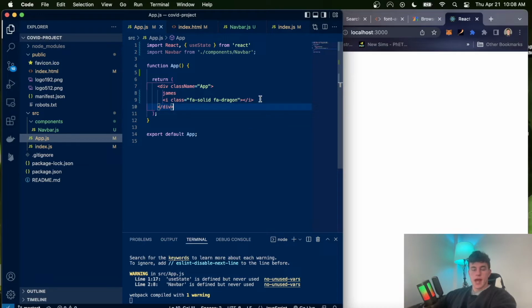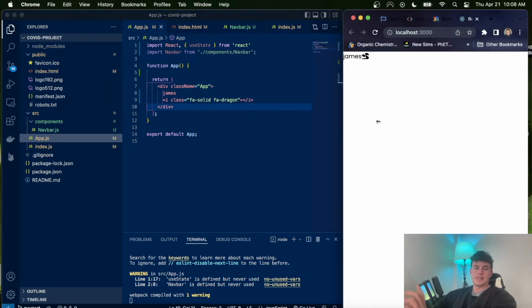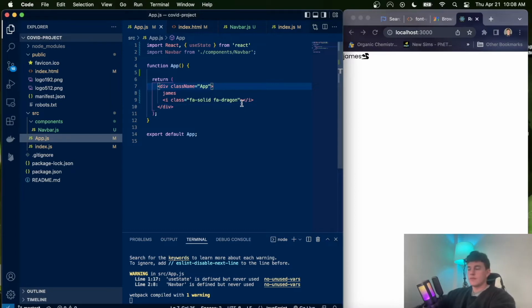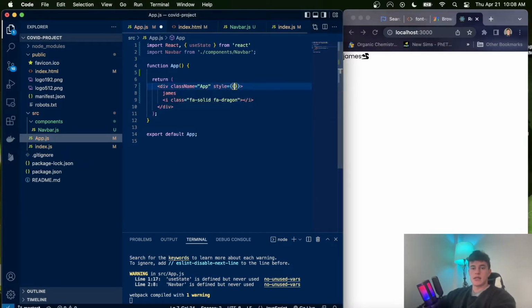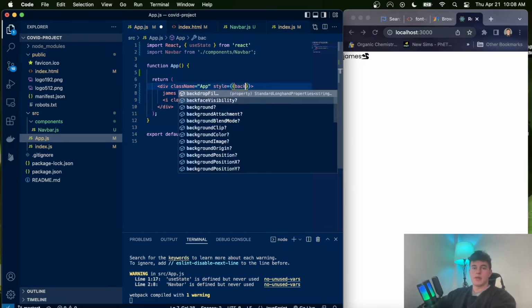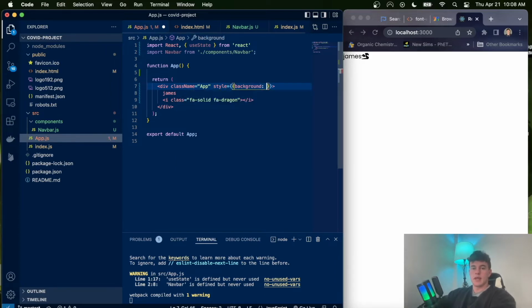So how do we style our apps? Now there are a lot of different ways to style a React app, and my personal favorite is Tailwind, but we're not going to be using Tailwind in this particular project. But the first way we can style an app is literally by adding an inline style. And so we do that by giving the style attribute, and we provide it an object. So this is an object, and here I could say, for example, background, and just set that to green. And so that's going to update the